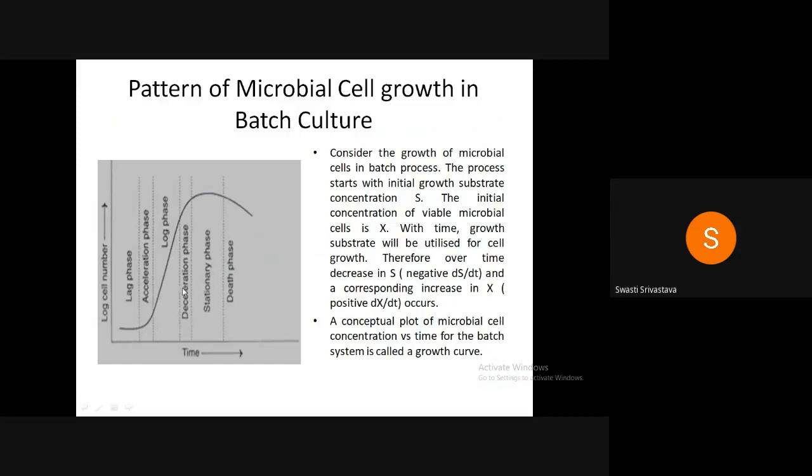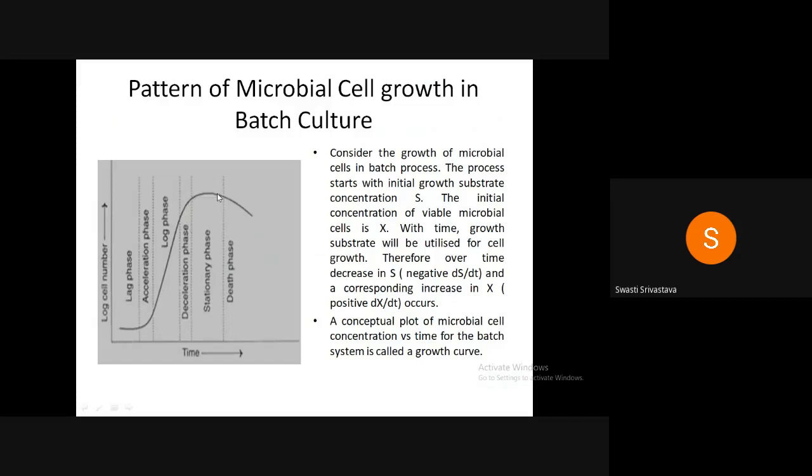Next, after the log phase, when the microbes have grown to a good population number, the population starts to stabilize, and there will be a slight decline or a slow growth rate, where they come to an equilibrium state. So that is your deceleration phase, when the nutrient supply is depleting slowly. So the growth of the population numbers will also slow down.